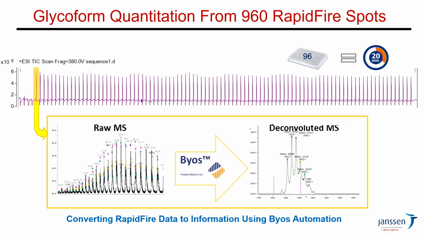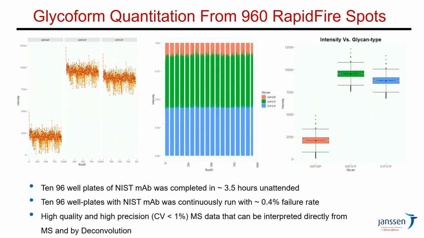This is critical because most of the multi-specific molecules also have high levels of mannose 5, which we monitor through this process. Here I'm showing how 10 plates, 10 96-well plates, 960 spots, can be analyzed in roughly 3.5 hours with a failure rate of 0.4% and a precision of less than 1%. So this reduces the touch time and gives us the opportunity to deliver these colonies very rapidly to